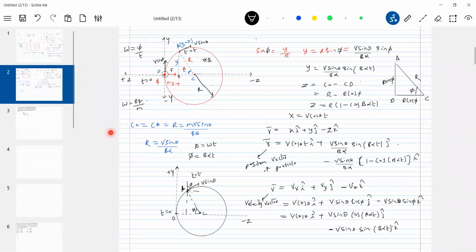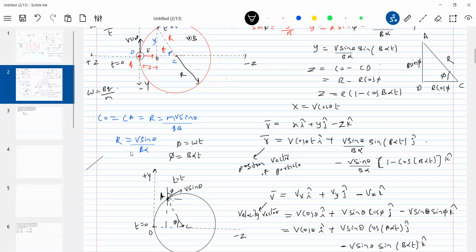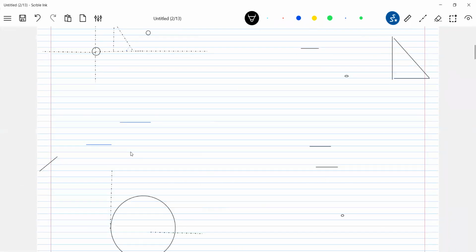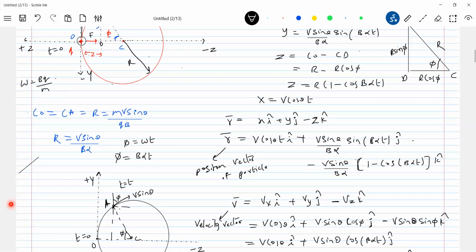Now, what is the basic methodology here? First, the helical path you break up into a plane diagram. First, the plane in which it is going to revolve in a circular path, you identify that. Then the axis of the helix. Identify that, get the radius of the helix, the time period of the revolution, then the pitch of the helix. If they ask you something like a velocity or the position vector, take help of this plane diagram. There will be a better idea. Okay, now we'll take the next some cases.